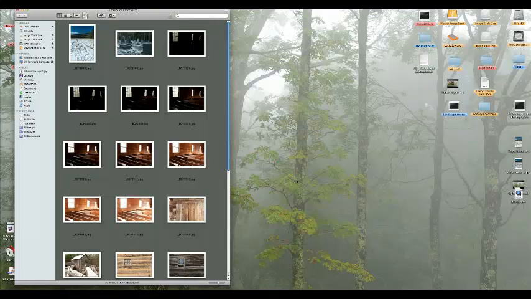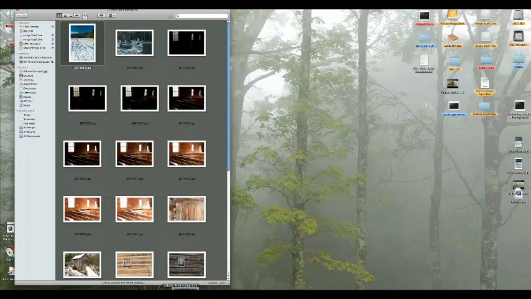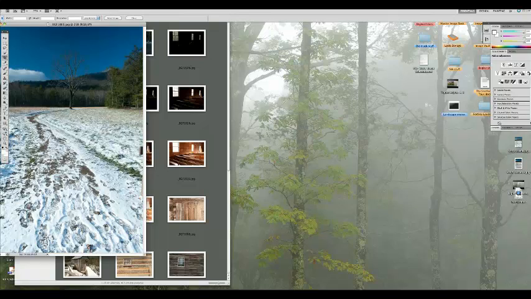I'm going to do a few of what I call the simple steps to making quick and easy processing at the very beginning, and then we'll go into a few more complex things that I do, though I don't do a lot of complex things compared to Scott Kelby or Matt Kloskowski or any of the other wonderful technicians that have classes here. If I pull this image of the road and the snow down into Photoshop,